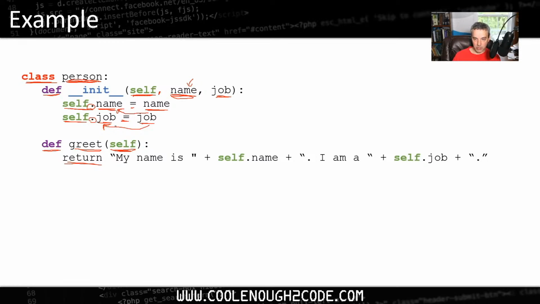And this self parameter refers to an instance of the object, and it will have associated with it self, and then it will have the properties that I created up here inside of my constructor. So this will have a value for name, and this down here will have a value for job. Even though I didn't pass those in as parameters to this particular method right here, those are accessible because of self, and they were assigned up here inside of this init method, but they are referenced down here inside of